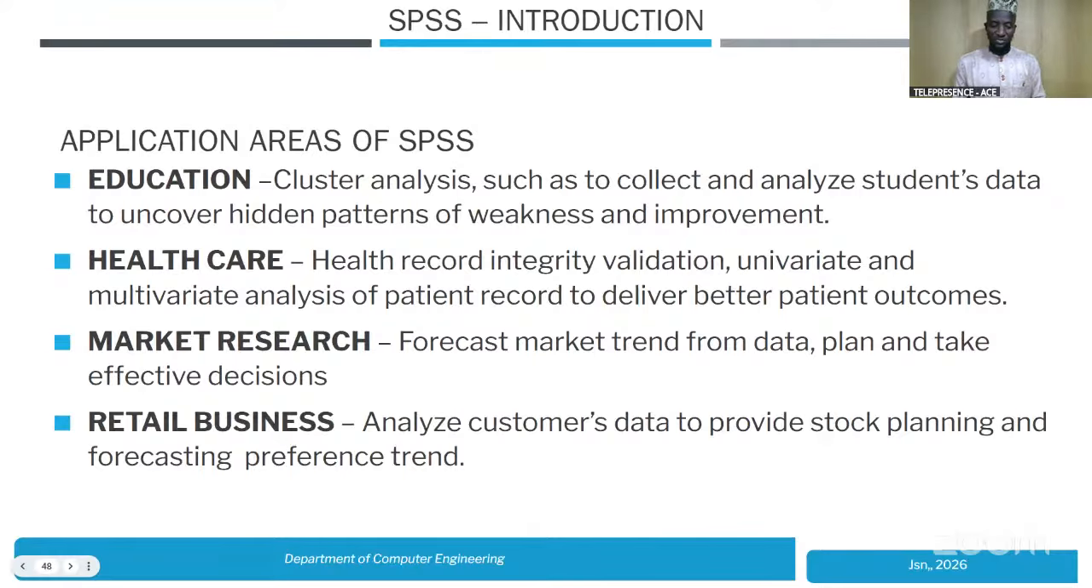SPSS can also be used for market forecast. It can also be used in retail business. You can use it to forecast what the customers will be requesting for at a particular time by analyzing customer data. We can use SPSS to gain insight into customer behavior. However,